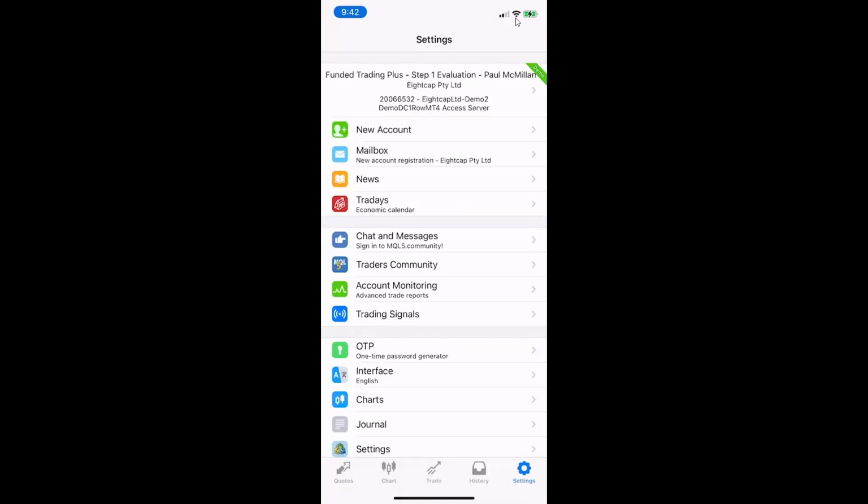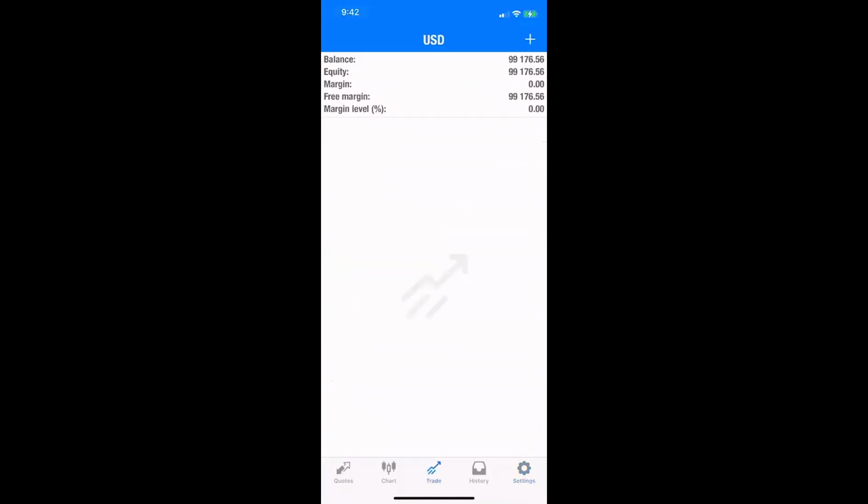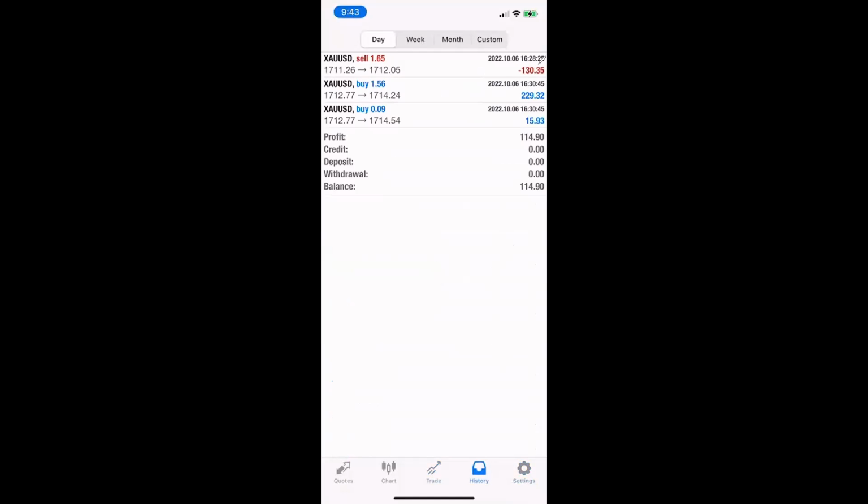All right, so this is my prop firm account in Funded Trader Plus. And so as you can see, I did suffer a $130 loss, which is not a big deal. Jumped out because I saw price going the other way. Took the buy, made $229 on the first partial trade, $15 on the second partial trade. So that was a $244 profit. And then if you minus $130 from that, that's why I only profited $114, which is not bad at all. So we did good on this trade.